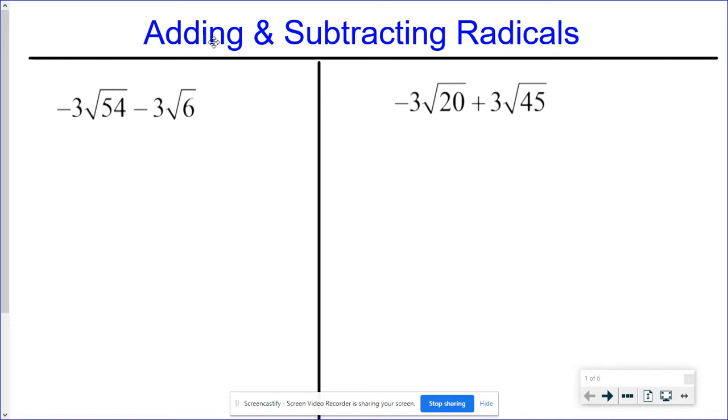So far, we haven't had any problems where the radicals did match. And today, sometimes we'll have problems where parts of them match, but not all of the terms. So you have to be careful here. In this first example,